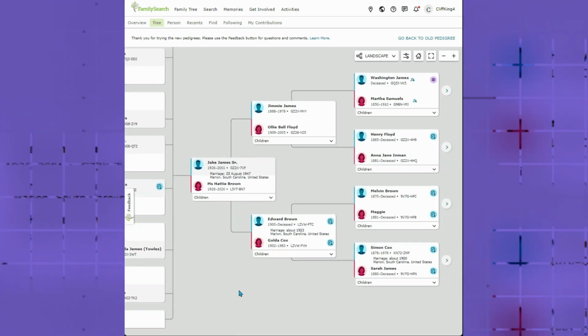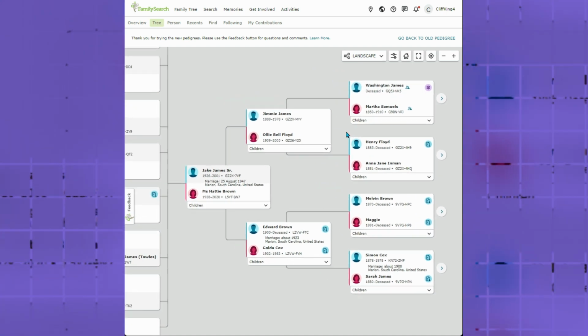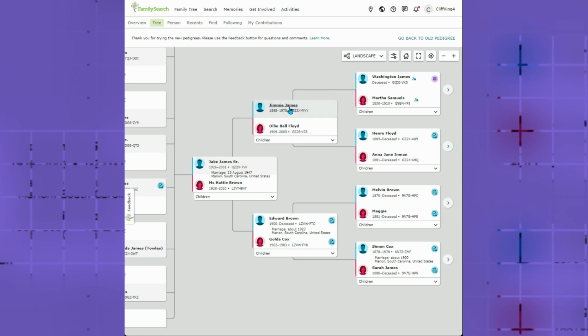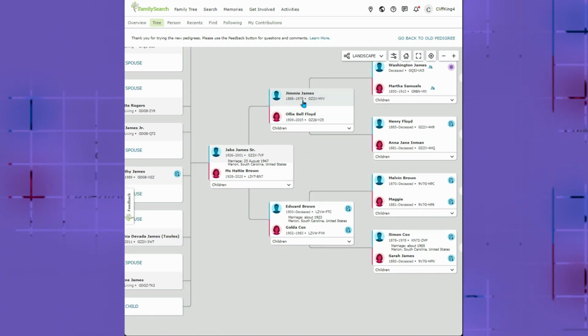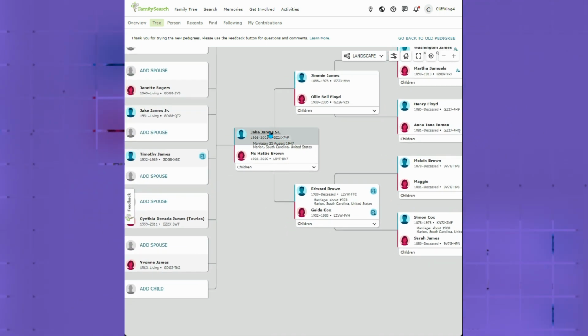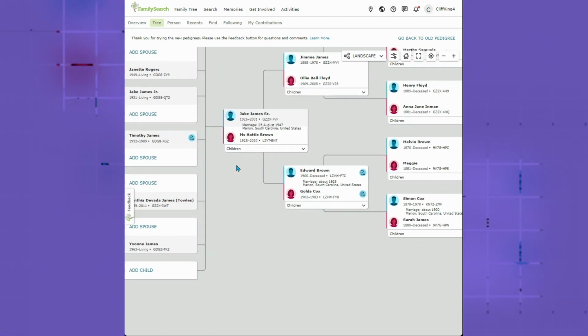Here it is. Right, Washington James. As I said before, Washington James, Martha Samuels being his mistress, because Washington James already had a wife and a son named Charles or Charlie. There's Papa Jimmy, who died in 1978, one of the children of Washington James. Right, and there's my grandfather Jake, and there's my grandmother, who is one of the